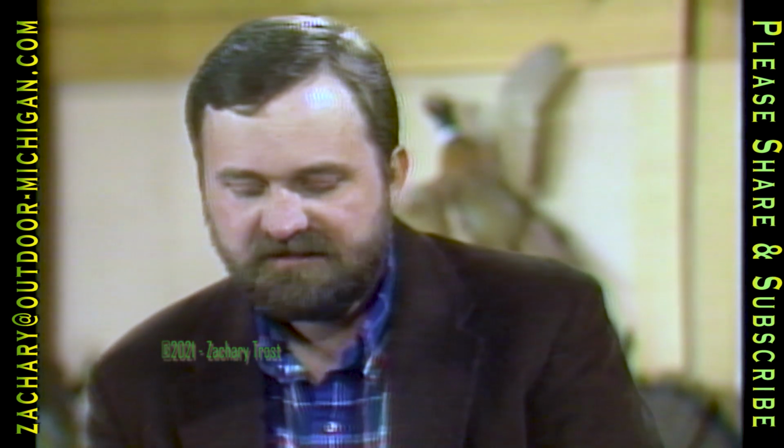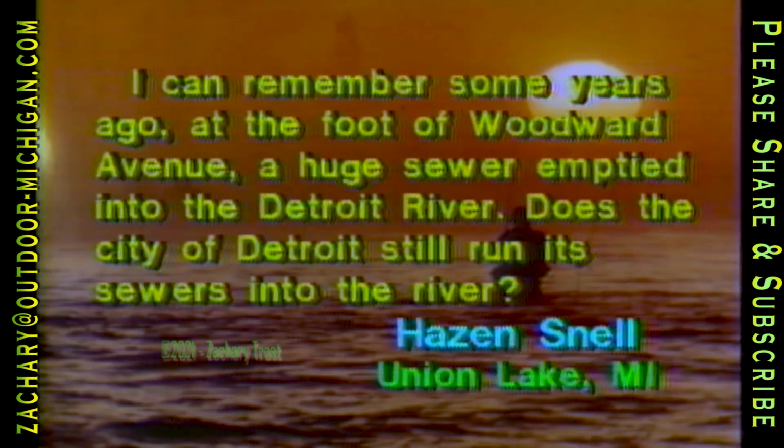Another letter here from Hazen Snell of Union Lake writes and says, I can remember some years ago at the foot of Woodward Avenue, a huge sewer emptied into the Detroit River. Does the city of Detroit still run its sewers into the river? I have to say, yes, they do, but no, they don't put the sewage in like they used to because